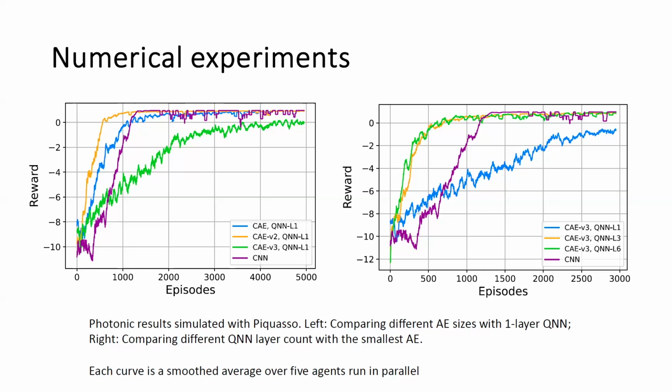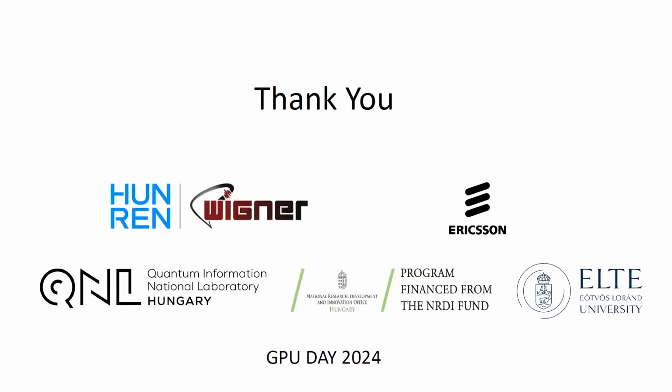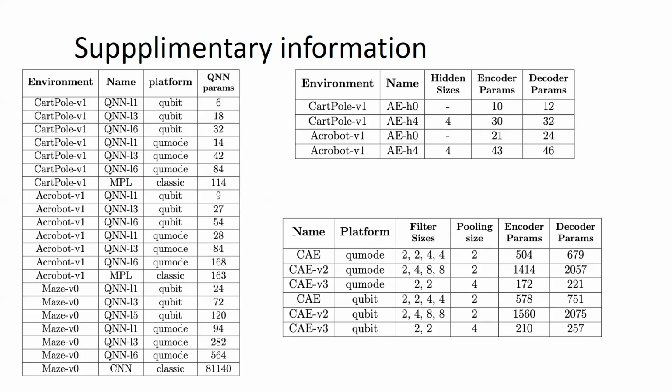We used a cutoff dimension of 16 and 20. And the number of parameters is, for example, a couple hundred. So here are the photonic simulation parameter counts. Okay, thank you. But of course, because of the high cutoff dimension, the actual Hilbert space is quite large. Yeah. Okay, thank you.